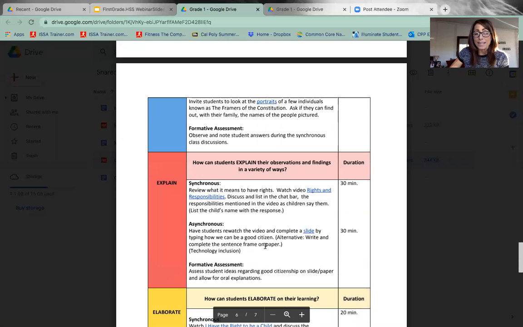During the explain section, where students will solidify what they've learned, we would review what it means to have rights and watch a little video together. Again, this links you right to a YouTube video, which after you watch it, you can discuss and have students list in the chat bar any of the responsibilities mentioned in the video. As children, they can either type it or you can just write them as they say it. And you know how we do it in class, write it and then list the child's name next to it. So there's that sense of